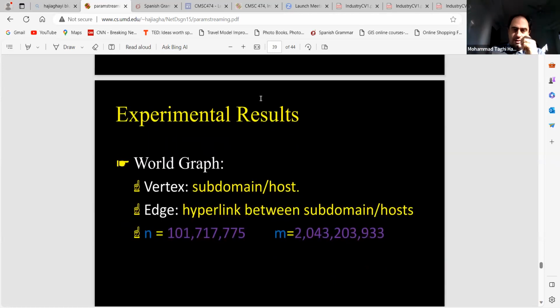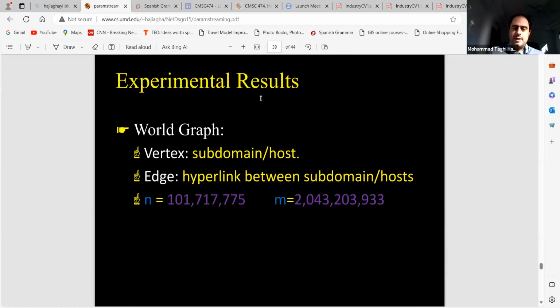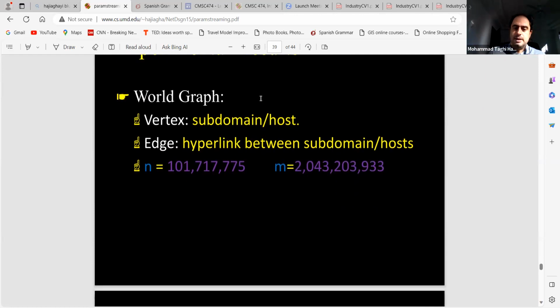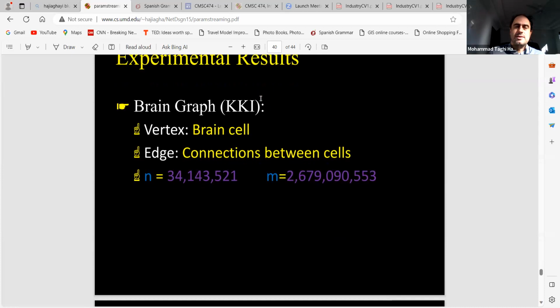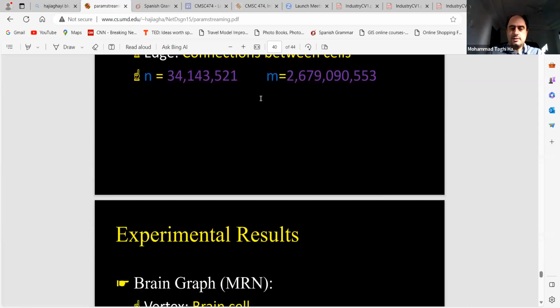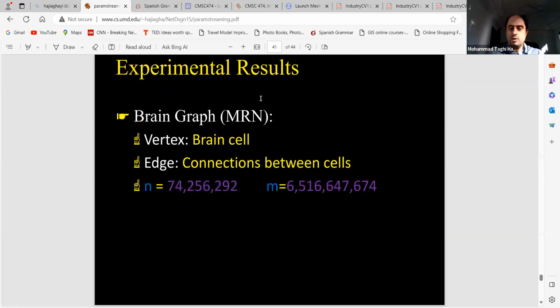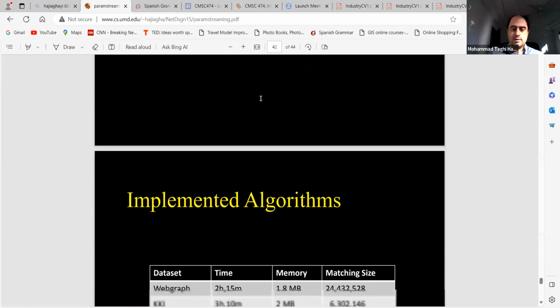And these are the sizes. This is the web graph, which has 101 million edges, and this one more than 2 billion edges. And these are some brain graphs. The brain graphs are created from the neural nets of the brain of people after MRIs. I mentioned this briefly before. This is for 2 people. I think the other person was a bit more advanced than the first one. The size of the graph was larger, almost 2x if not more.